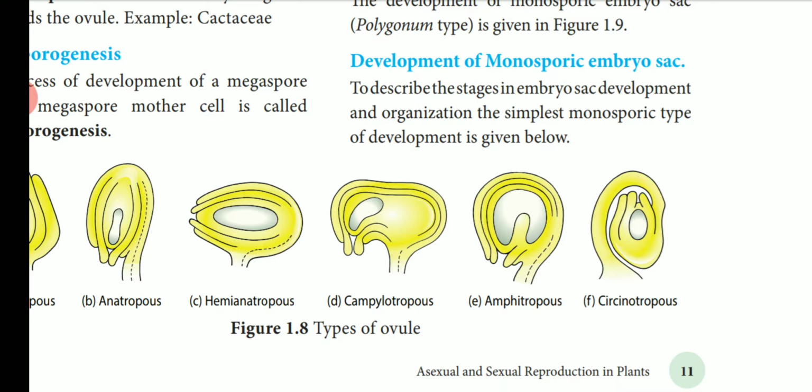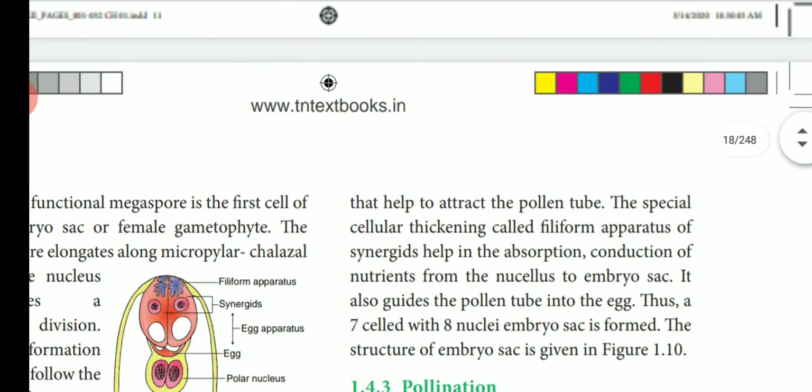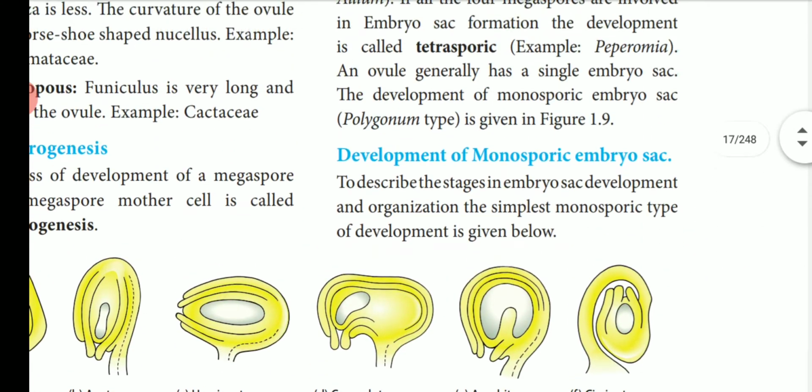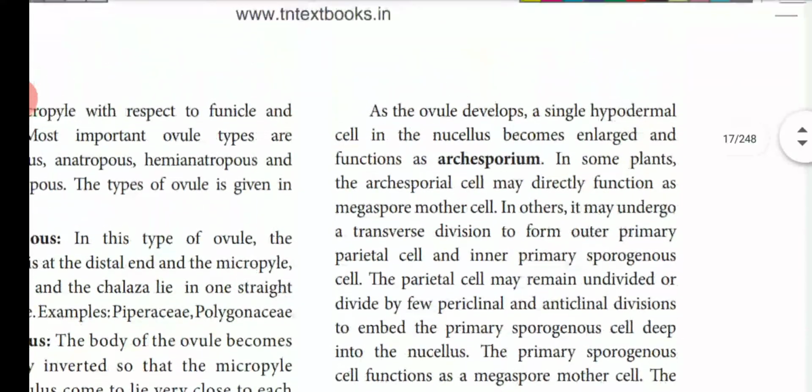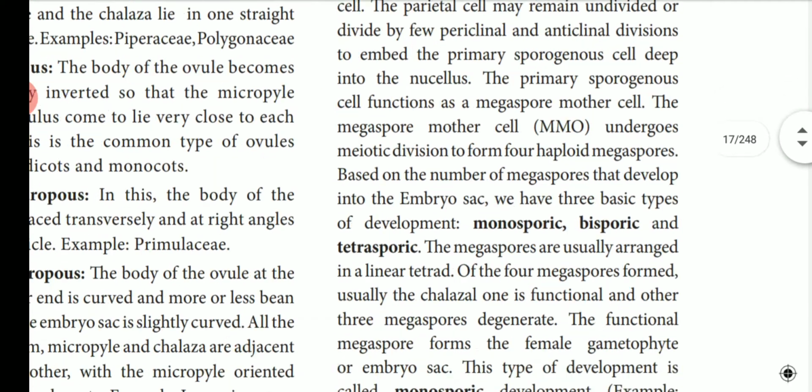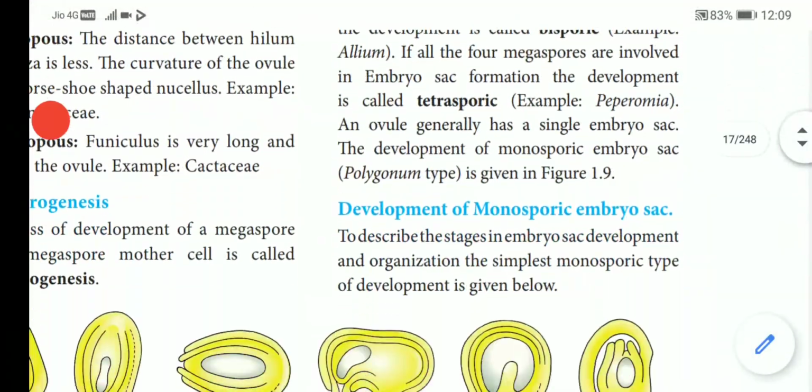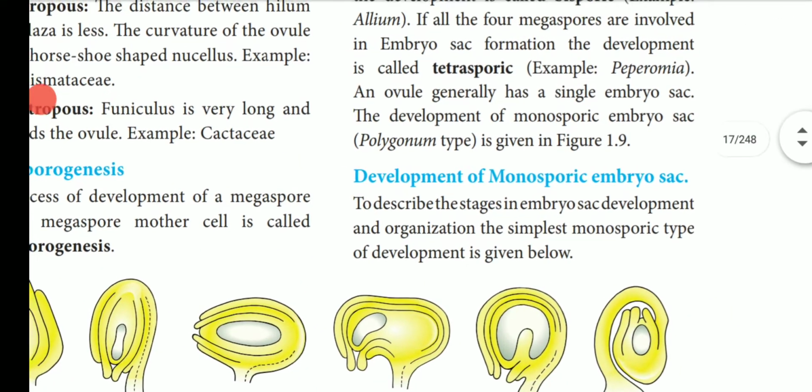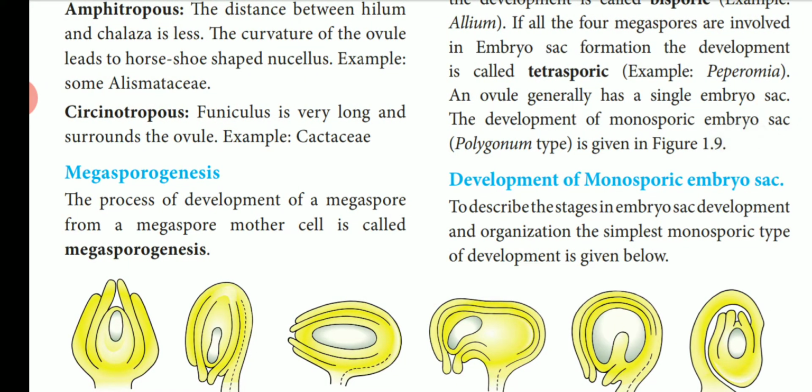These 3 types of ovules come under the practical section also. Are you clear? Okay. Now we are going to see about megasporogenesis. Megasporogenesis is nothing but the development of megaspore. If you take the megaspore, how does it develop? Usually this megaspore develops from